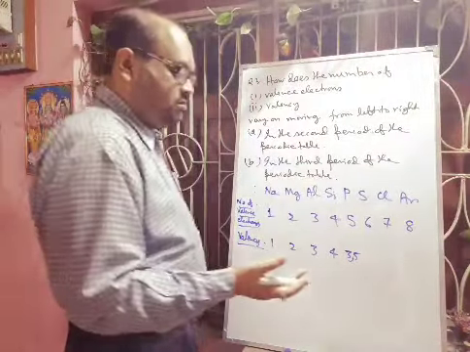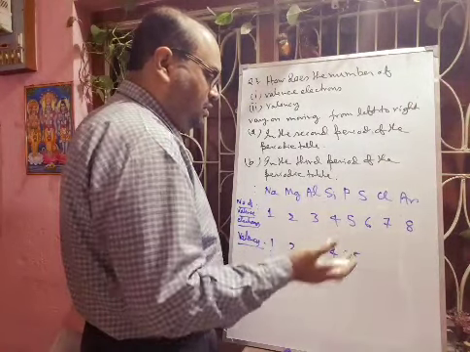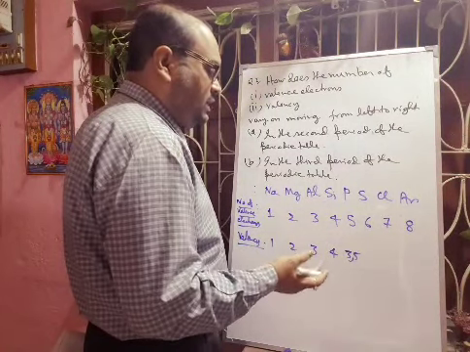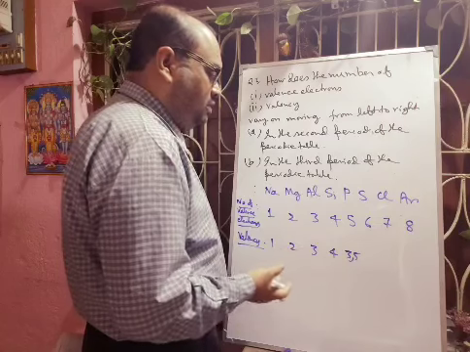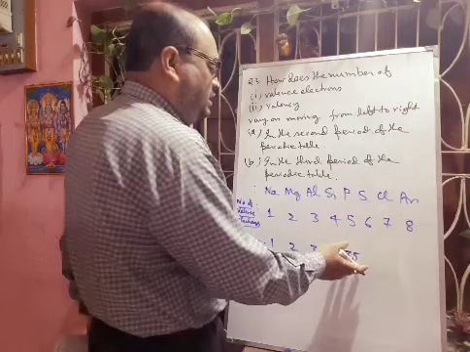So here sodium will show valency 1, magnesium will show valency 2, aluminium will show valency 3, and silicon will show valency 4, and phosphorus can show both the valency 3 as well as 5, because it has d orbital, so it can generate 5 unpaired electrons as well as 3 unpaired electrons. 3 unpaired electrons the normal case and 5 for expansion is excitation of the electron, it will go to the d orbital and definitely there will be formation of 5 unpaired electrons.